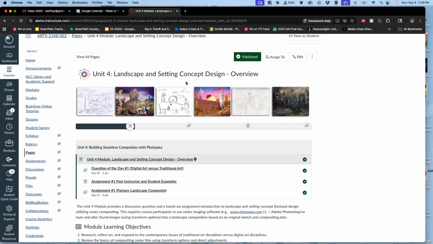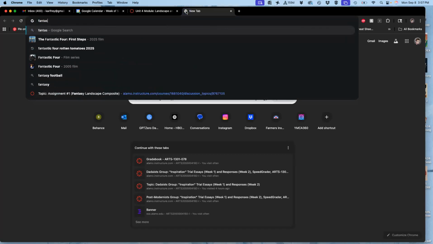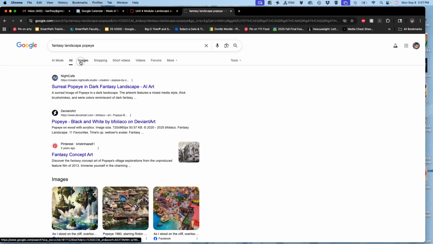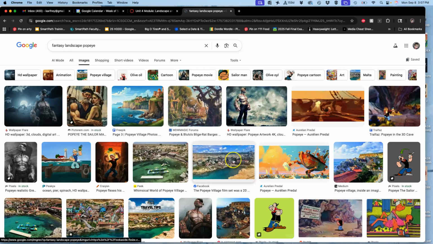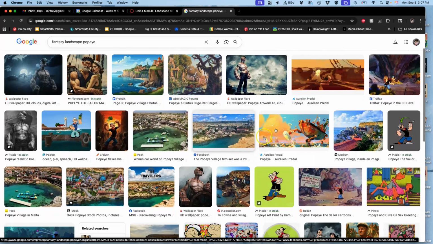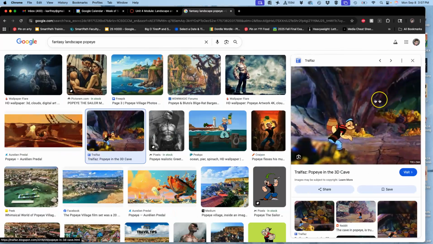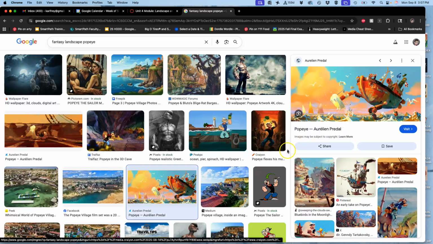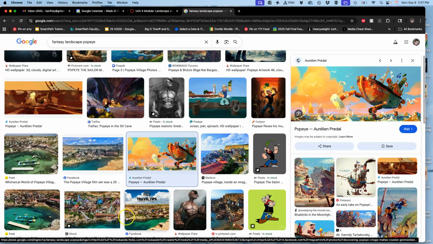Maybe it's inspired by the theme you've been using so far. So I just used Popeye for 2 exercises. So a fantasy landscape that involves Popeye, right? Yeah, it would definitely include the ocean. Here we have kind of animation backgrounds. You know, they're colorful, they're weird. But what a concept landscape can have,